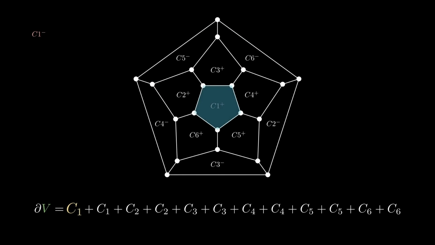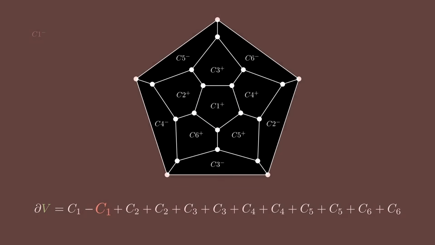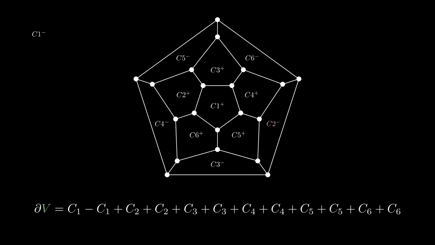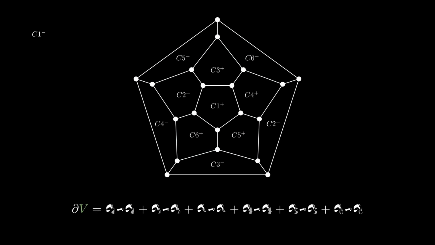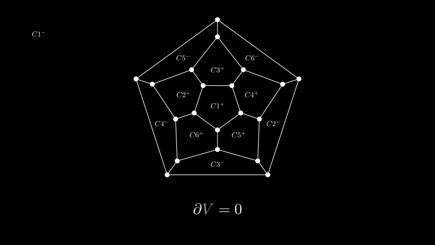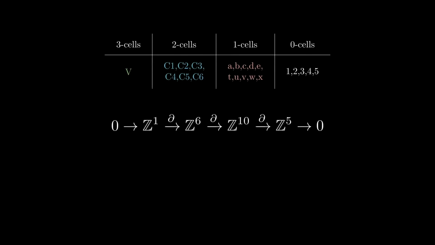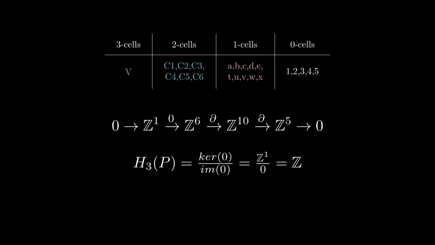C1 is glued with a positive orientation, but also glued with the negative orientation. The same happens with C2, and again with all of the faces. As a result, the 2-cells cancel perfectly in pairs, and the boundary of V vanishes. So, returning to the chain complex, we find that the third homology group of P is Z quotient 0, which